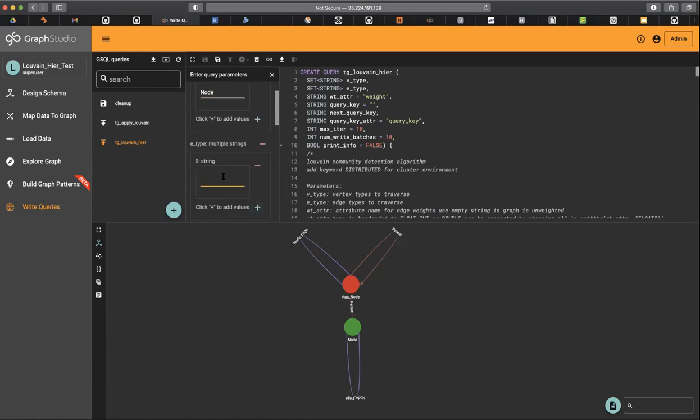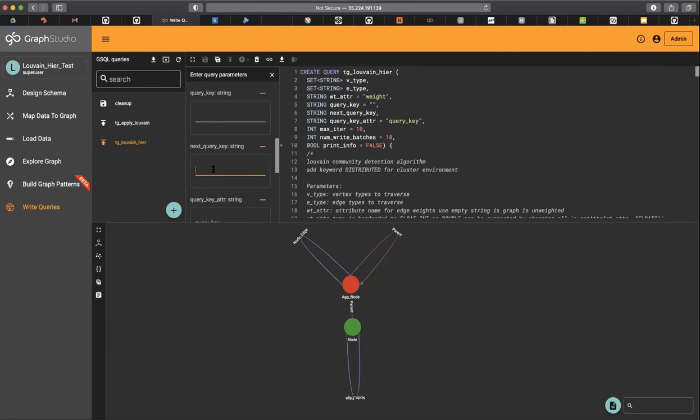You provide the operative edge type that you're using, which I have brilliantly named node edge. And then all these other parameters are parameterizable, for reasons I've explained. And then we have the query key. For the base vertex type, the query key is meant to be blank. But for the next query key, what you're effectively defining here is what you want this invocation of Louvain